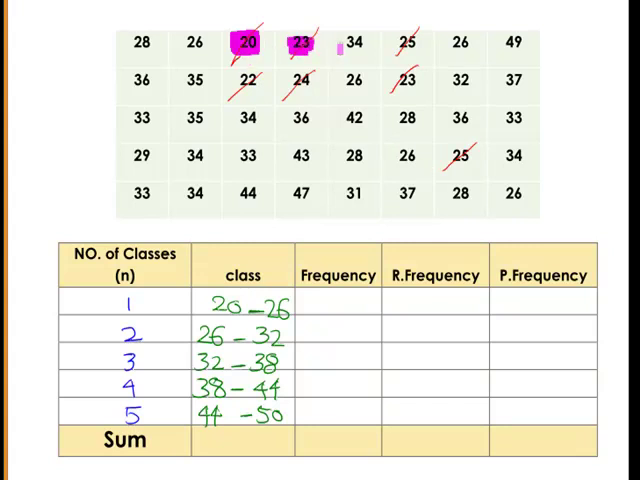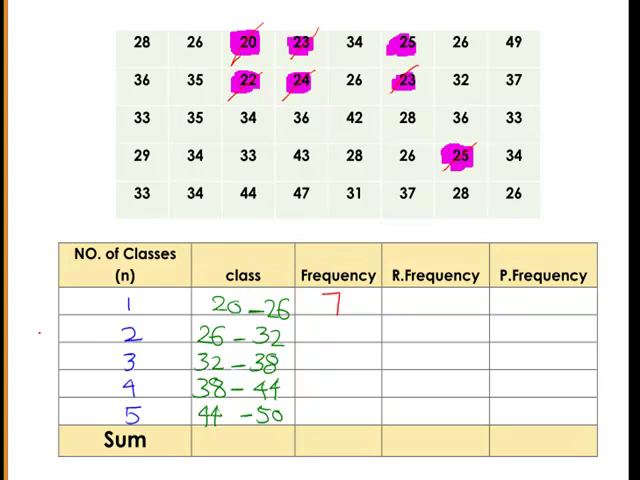So it's 20, 23, 25, 23 here, 24 here, 22 and 25. So how many numbers in total do we have here? 1, 2, 3, 4, 5, 6, 7. So the frequency for the first group is equal to 7, and I have to apply the same thing for